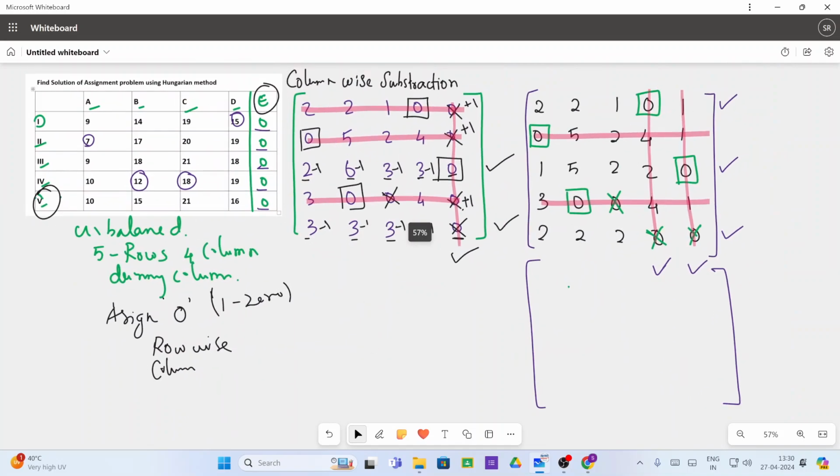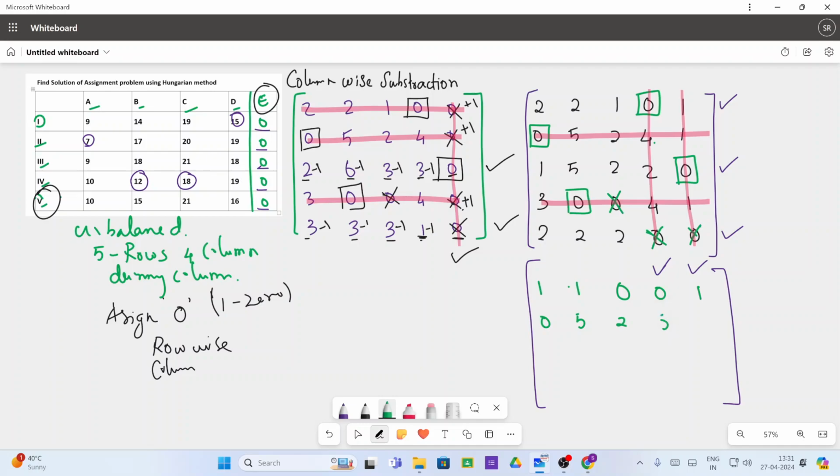So now the minimum value is 1. So 1 minus 2, this is going to be 1, and this is going to be 1, and this is going to be 0, and this is going to be 0, and this is going to be 1, and this is going to be 0, 5, 2, and this is the intersection point, so you have to add 1,